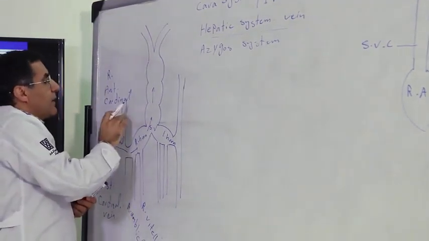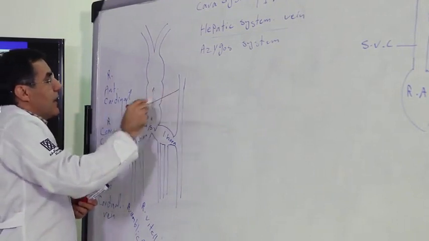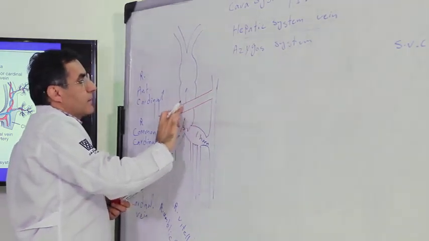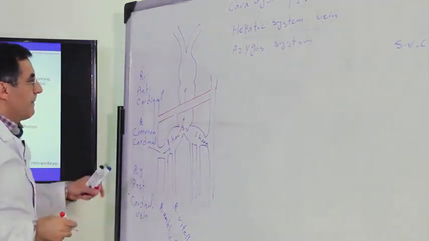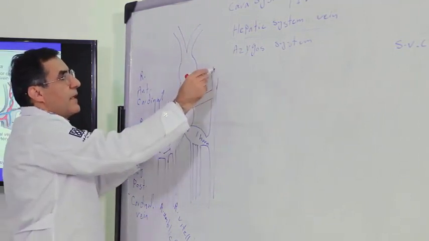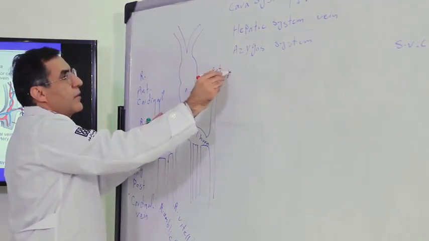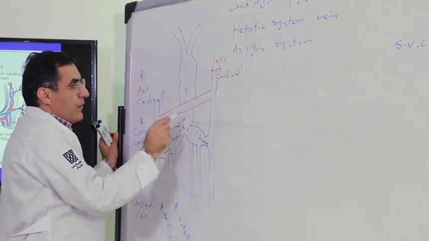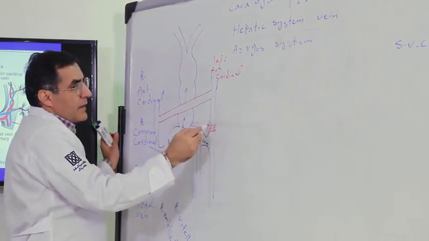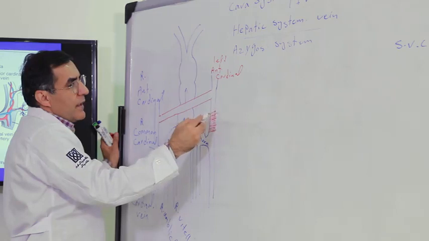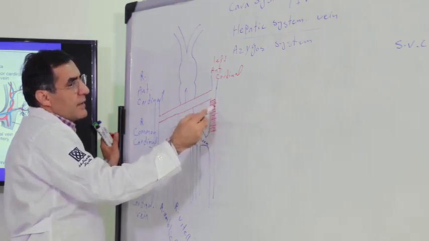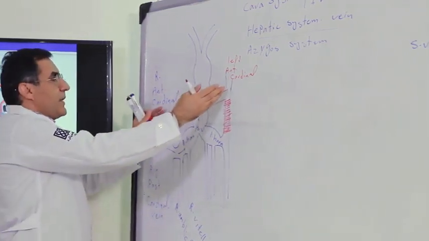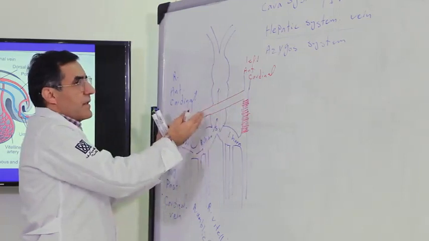If I draw and make one communicating vein in here, this communicating vein is formed between the right and left anterior cardinal veins, and the distal part of the anterior cardinal vein on the left side degenerates. As I told you in the last sessions, this part is obliterated, and if you imagine and compare these pictures with this one,